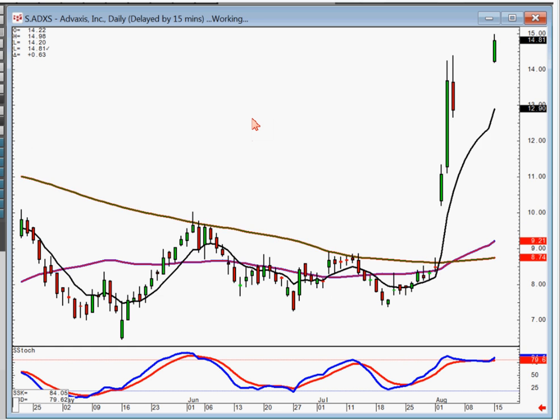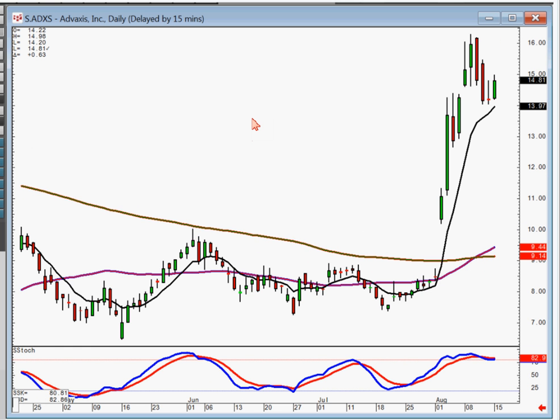ADXS went through some profit taking, but notice what it's doing now, the little morning star signal. Another one that if it opens positive tomorrow, you've got an upside potential of another 5 points, taking you up into the $20 range. And TDOC,